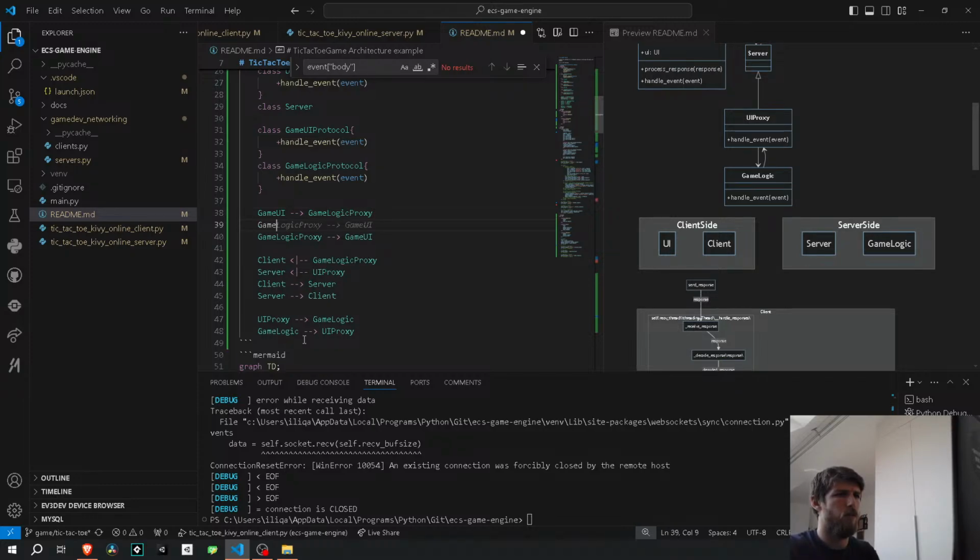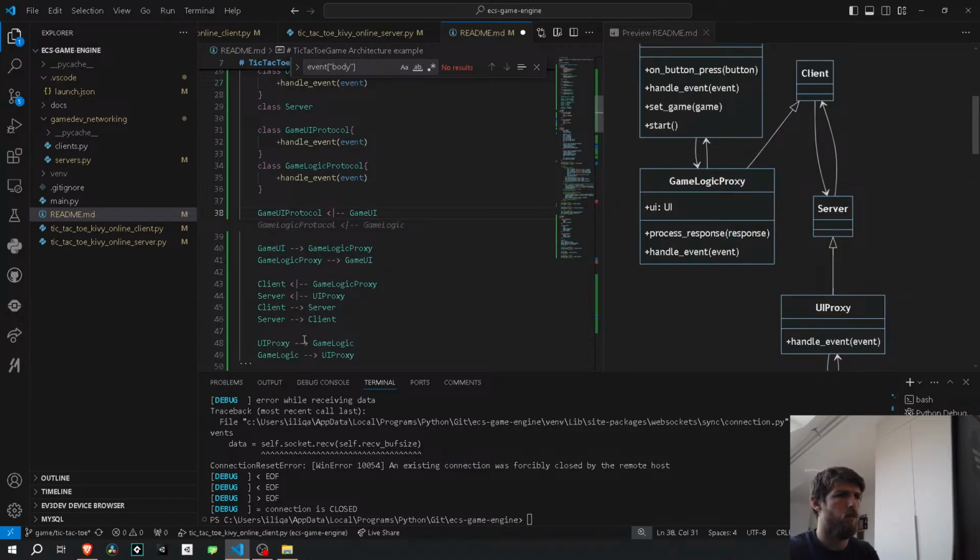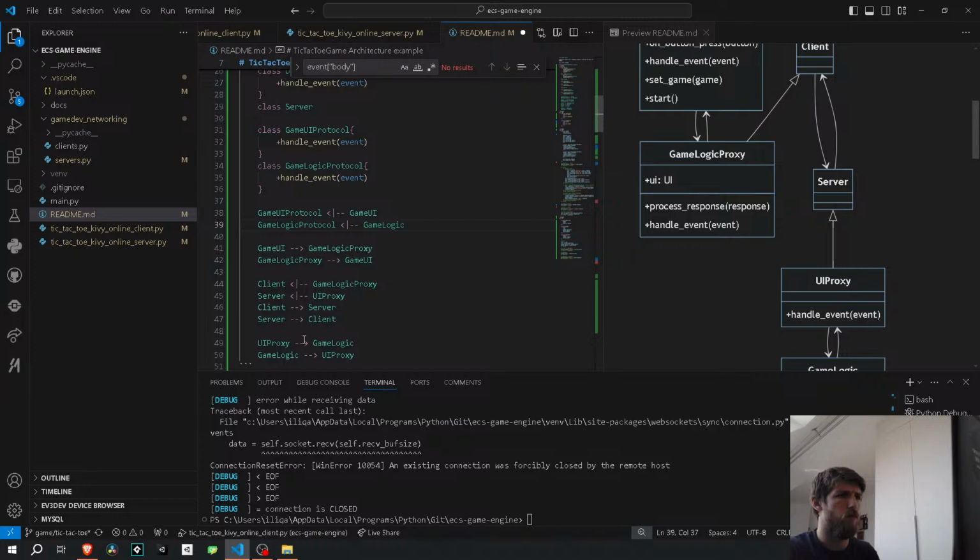Game UI, no. This is the communication and the setup. So the structures: UI, right? Game logic protocol, game logic, and also